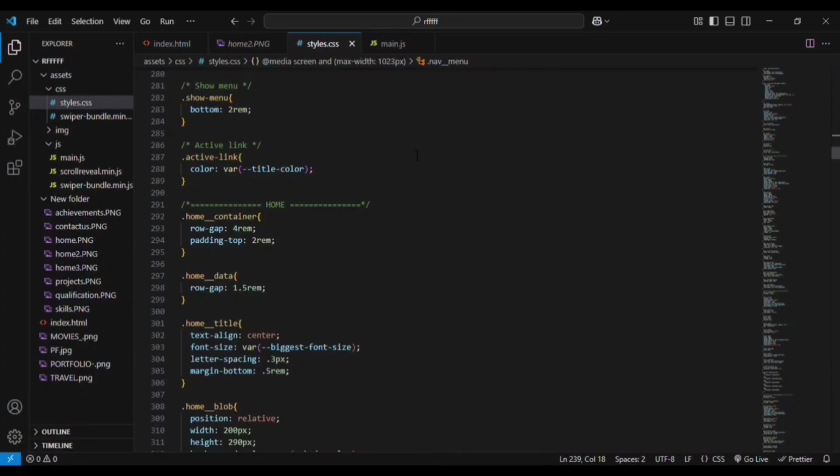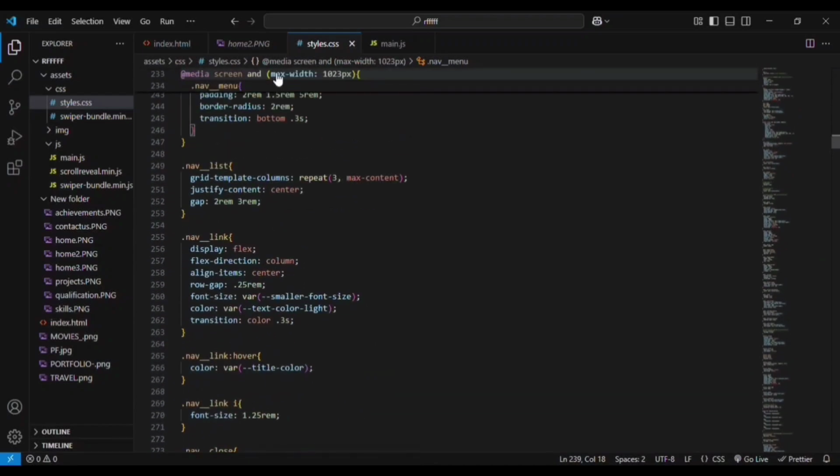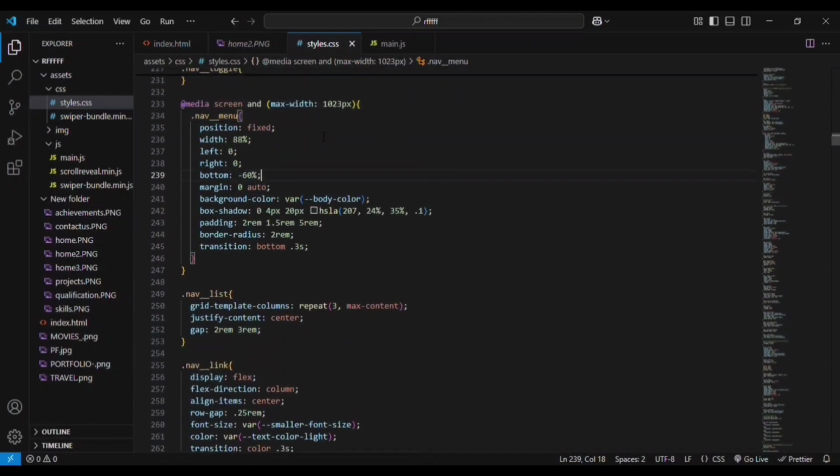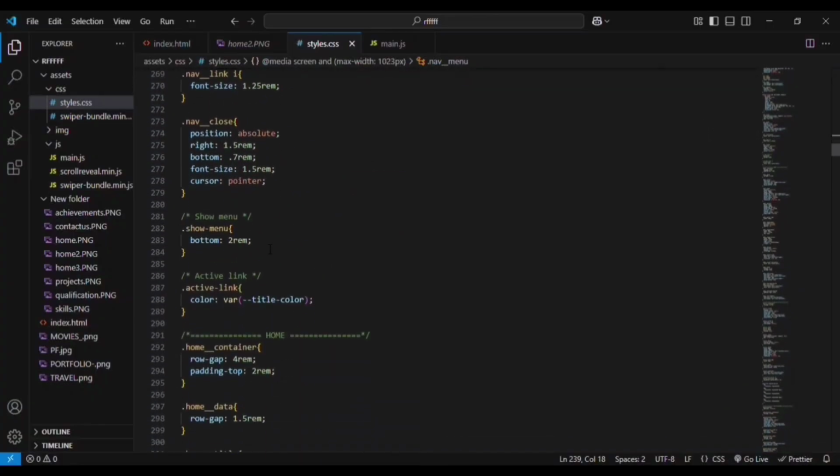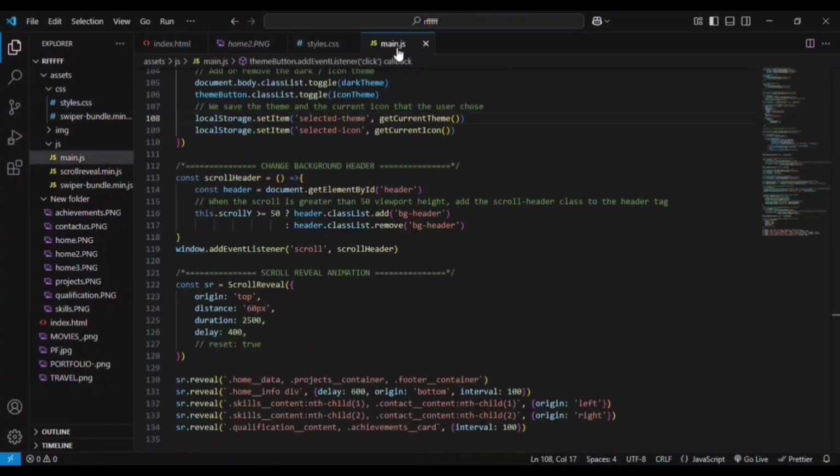You can see that the show menu is the one that will help us in changing the bottom value. You can see the bottom value is minus 60%, right? So here by giving the show menu as bottom, we are going to make it visible. I will tell you how. We will have the menu icon, right? So whenever we click on the menu icon,